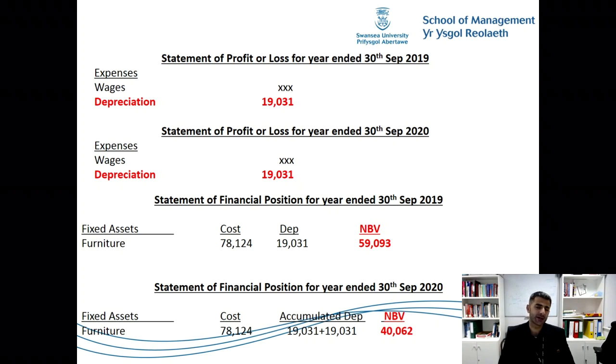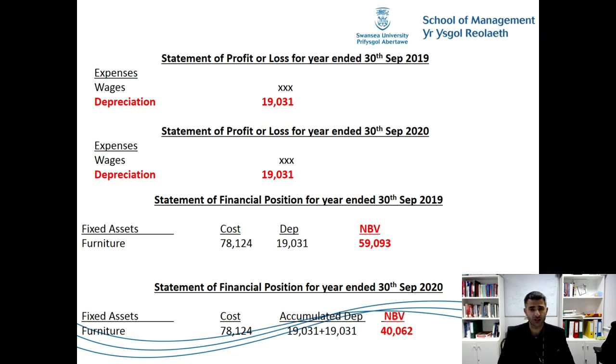under the straight line method, the annual depreciation of £19,031 is fixed over the 4 years. So every year is £19,031. And as you see, for instance, in last year, on 30th of September 2019, when we include the expenses, we book depreciation